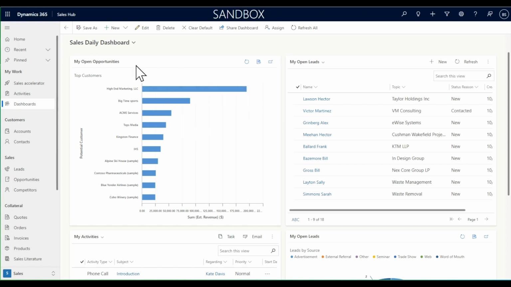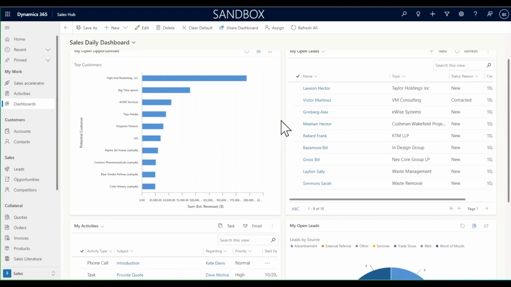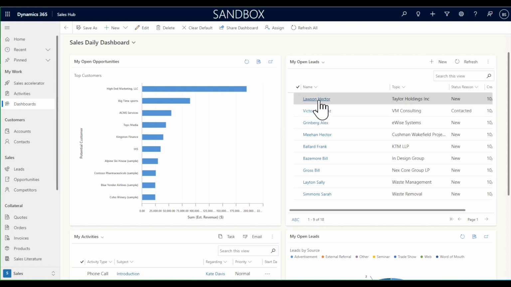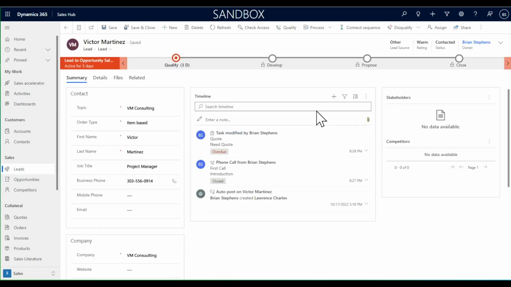I've got a customized dashboard with the open opportunities with some graphing there. Then we've got our open leads in a list form, and then we've got additional information as far as activities that are out there that are due, need to be completed, and we've got a breakdown on the leads and their sources. So what we want to do is let's go in here and jump into a lead, and in